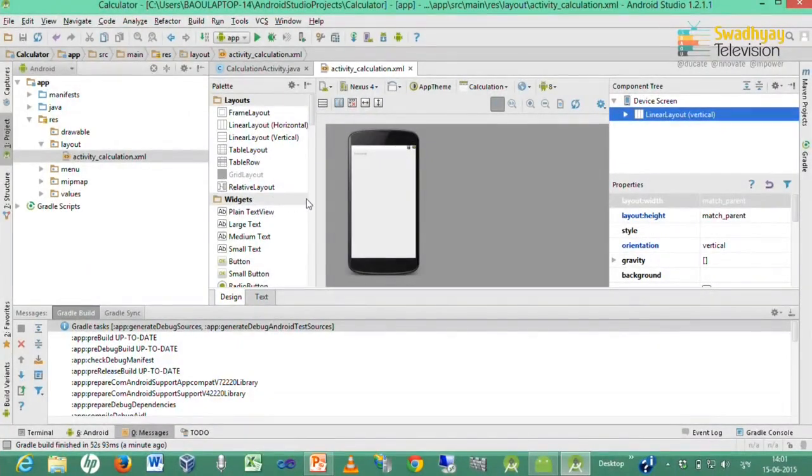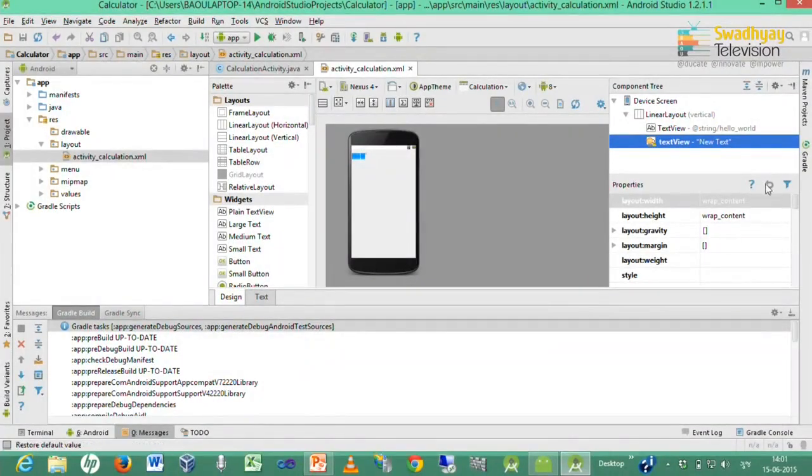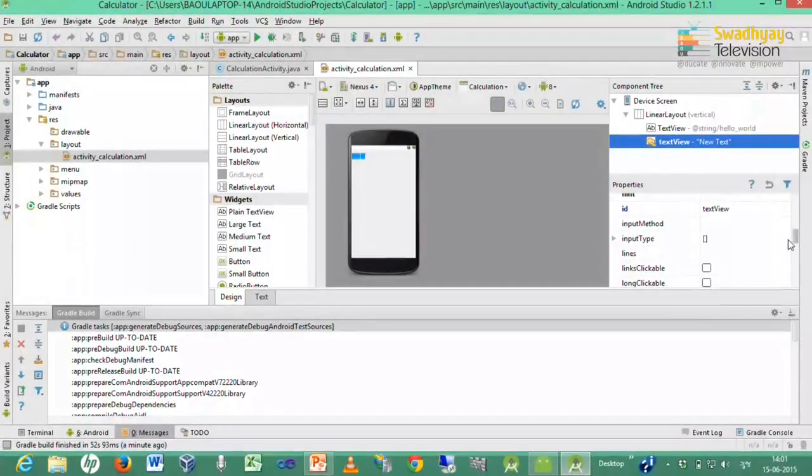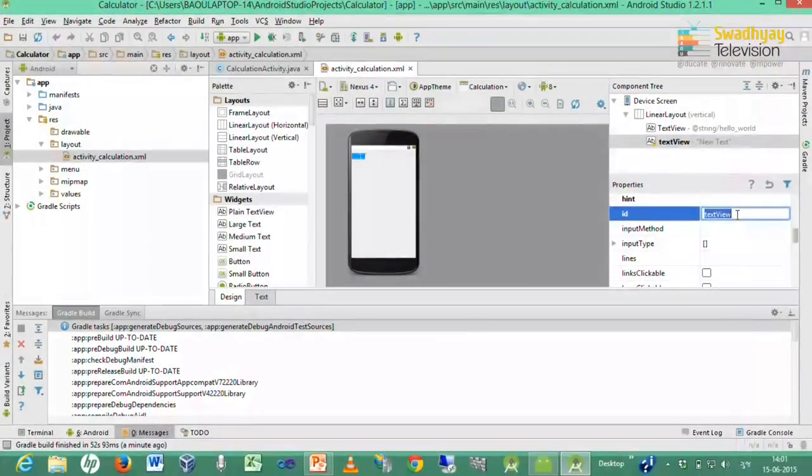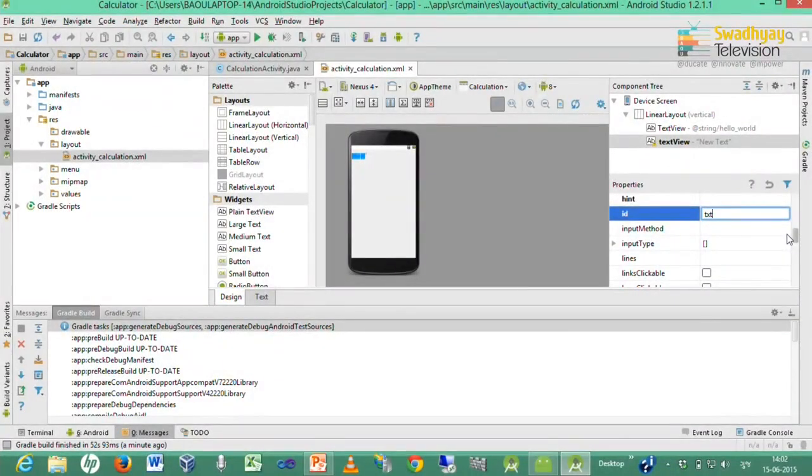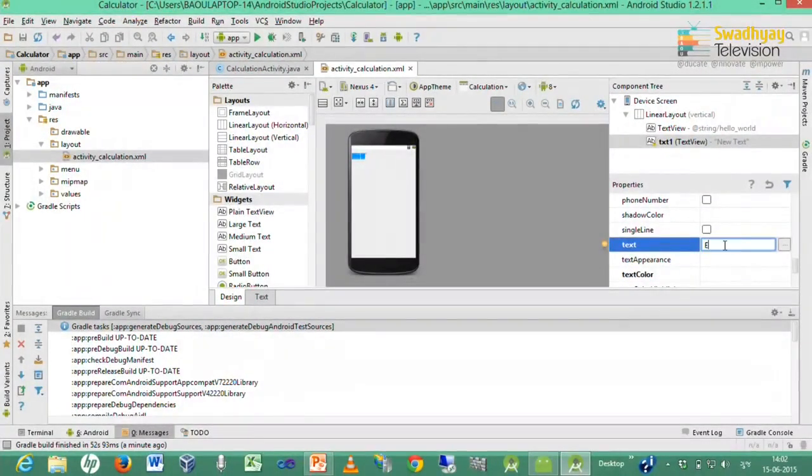So I take one plain text view here and set its text property to enter number 1. So I can change ID as a txt1 and I can write down text as a enter number 1 from here.